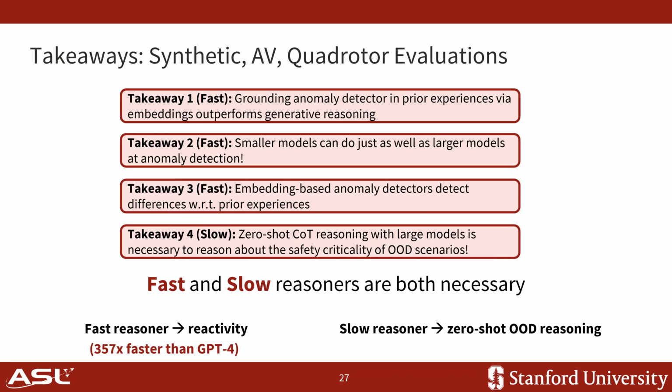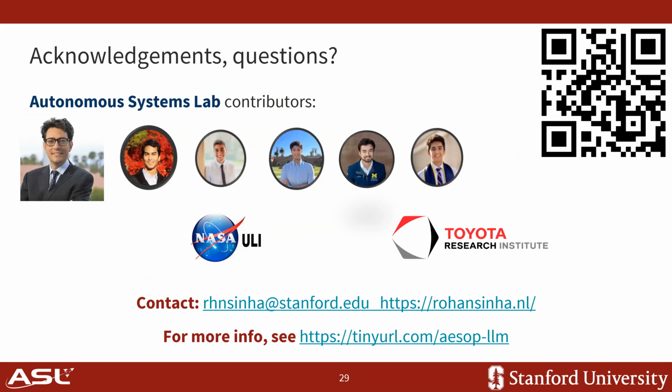This shows that the fast and slow reasoners in our framework are both necessary. The fast reasoner enables reactivity, running about 357 times faster than GPT-4 on an NVIDIA Jetson, whereas the slow reasoner is really required for zero-shot out-of-distribution reasoning. Please see